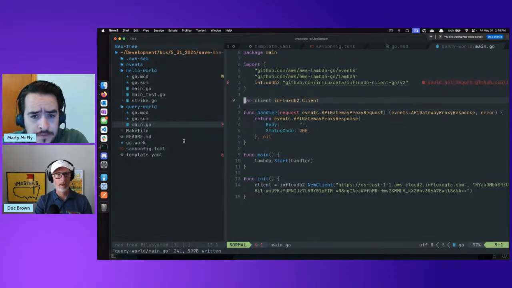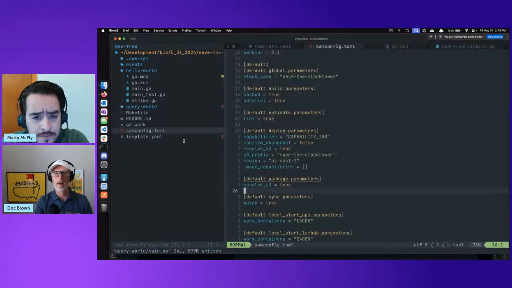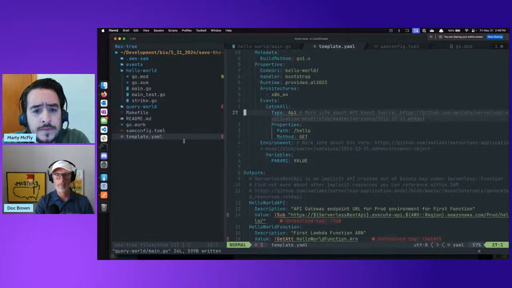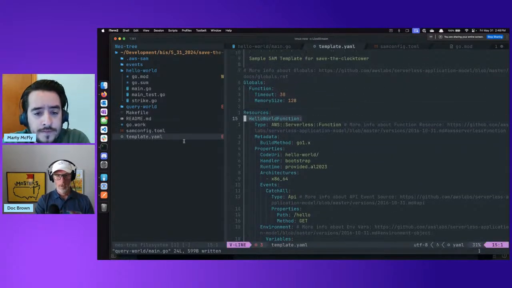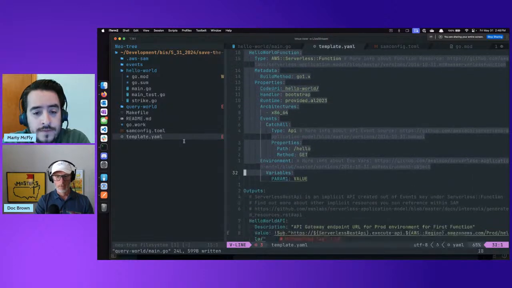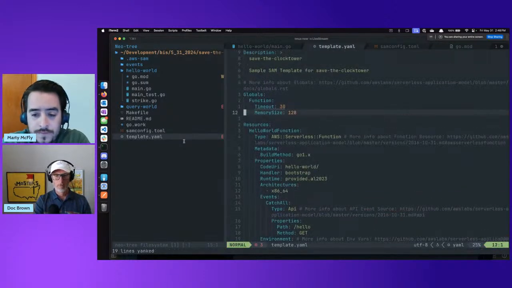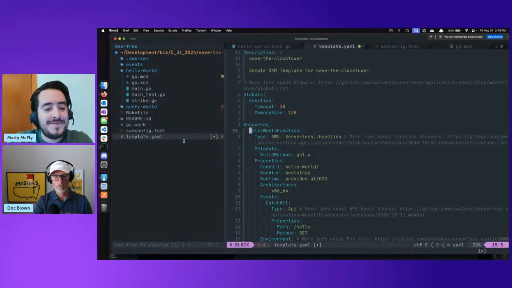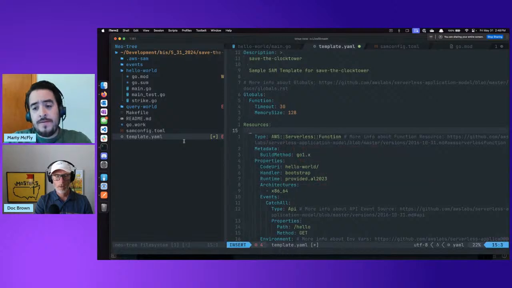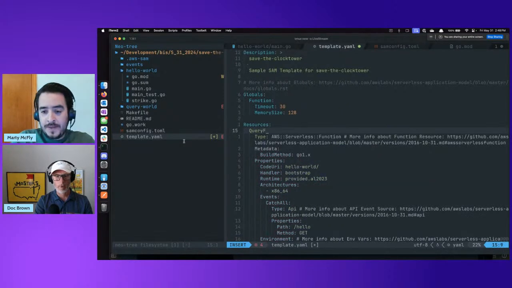So let's go over here and we're going to add our function, right? Yep. We'll call it query world function.